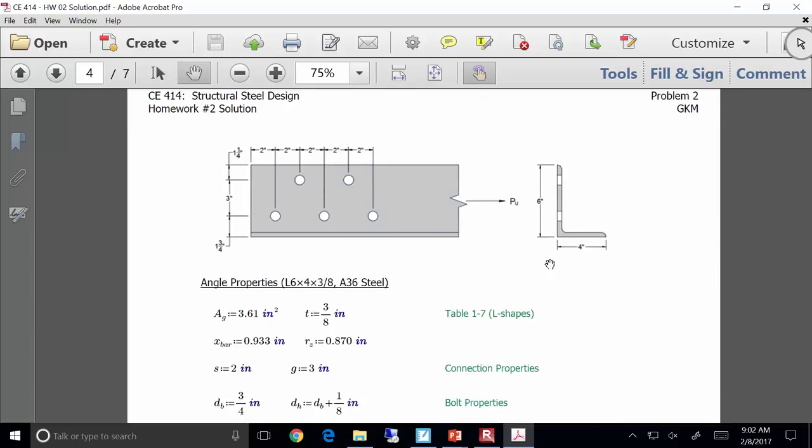Okay. The angle and the channel. For the angle, you had to make sure you were checking case 2 and case 8 associated with shear lag. For the channel, it was just case 2 because it wasn't an I shape and it wasn't an angle, so you didn't need to worry about any other cases of shear lag. But you had a number of cases with stagger. So for instance, looking at the channel,